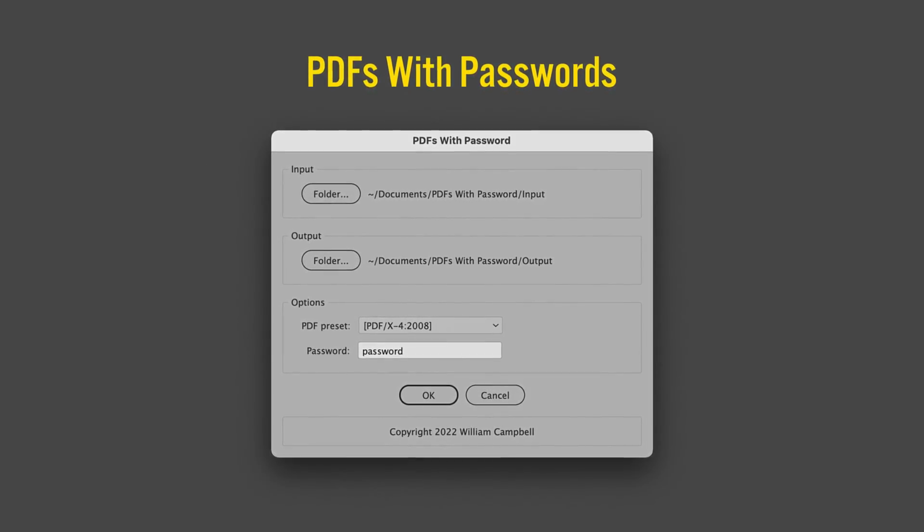I have a new script to show you, this time for Illustrator. This one is a user request and a comment for my Adobe Script tutorial series. They wanted to export PDFs with passwords, I presume of images, but Photoshop couldn't really do it. However, Illustrator can do it fine, and it can open images. So I've created the script PDFs with passwords.